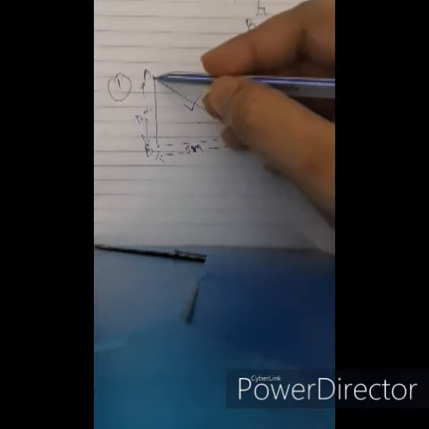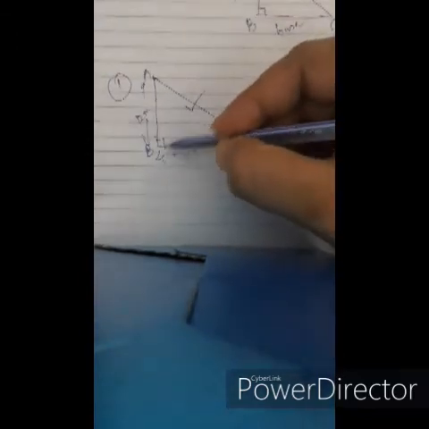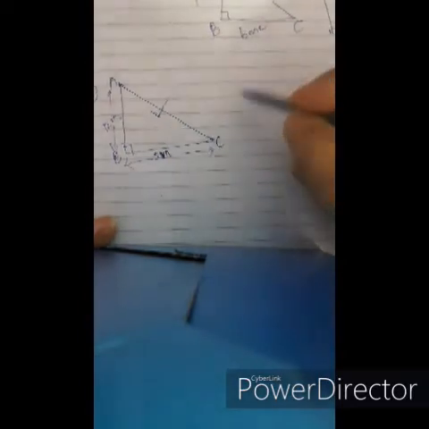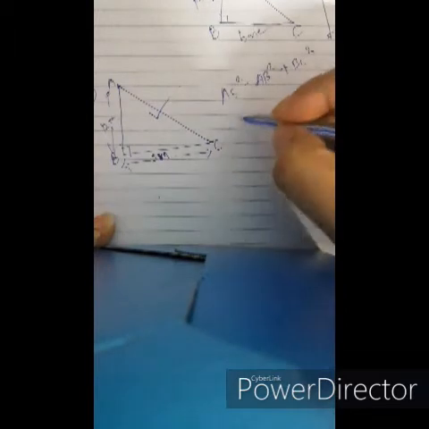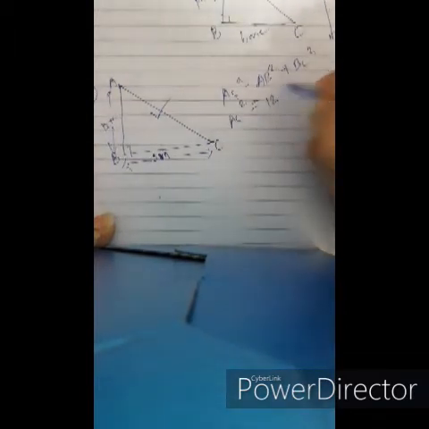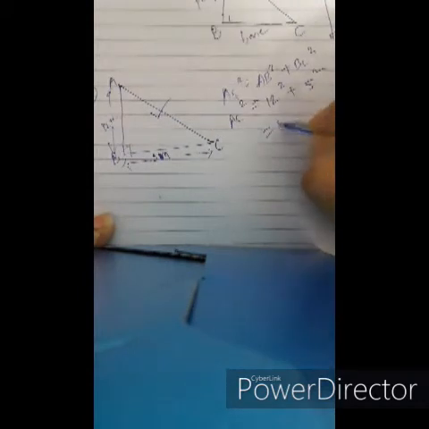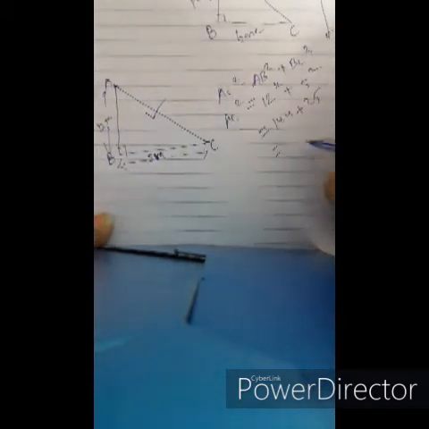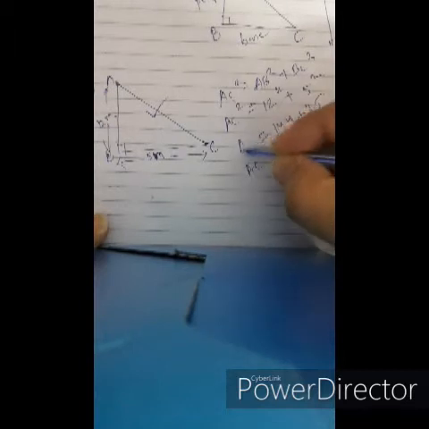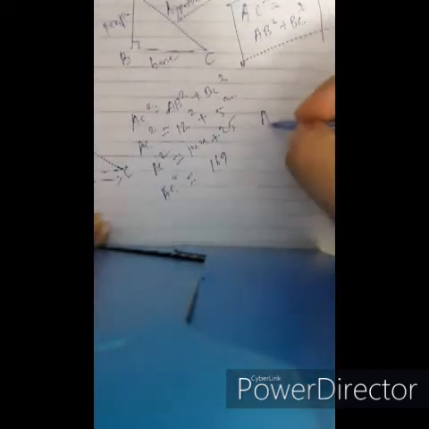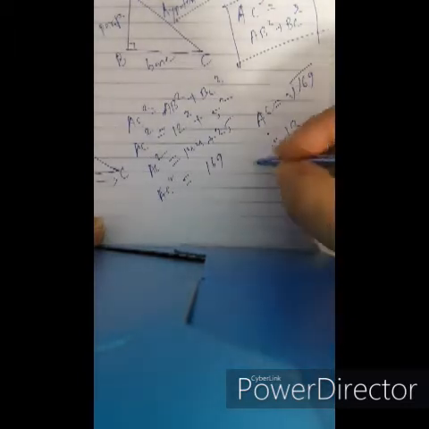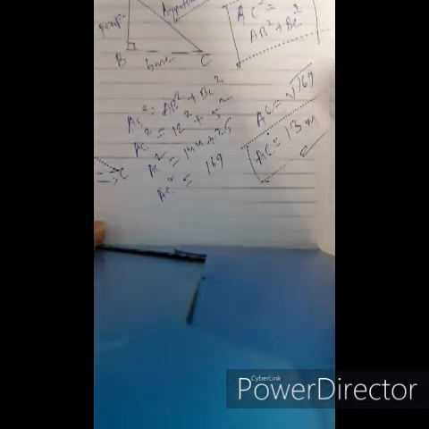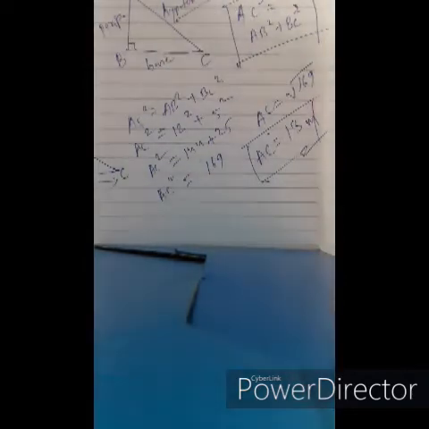So the wall and ground are at right angles to each other. So applying the Pythagoras theorem here, AC square becomes AB square plus BC square. So AC square becomes 12 square plus 5 square. 144 plus 25 becomes 169. So AC square becomes 169. So AC becomes root under 169 or 13 meter. So the length of the ladder is 13 meter. I hope you got this problem clear. It is very simple.